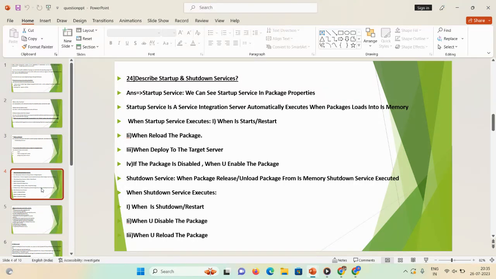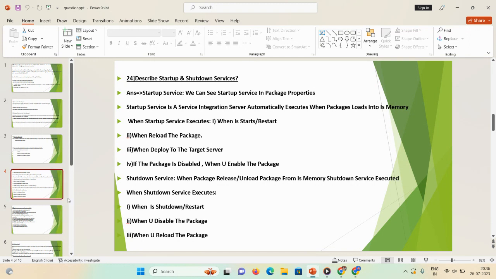Now what is meant by shutdown services? When a package is released or unloaded from the Integration Server memory, shutdown services are executed. Let's say your Integration Server shuts down, and at that time if you close the session, this particular service will execute.